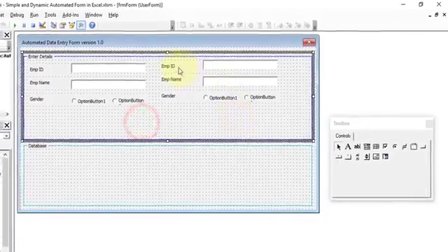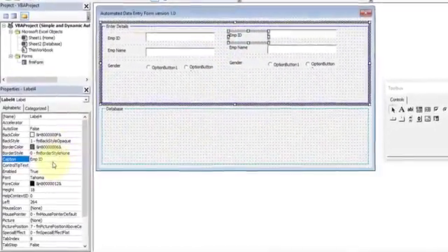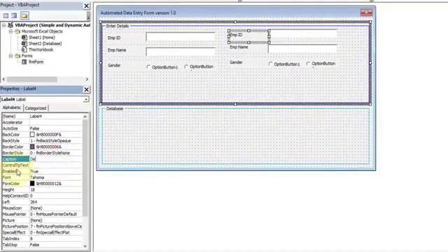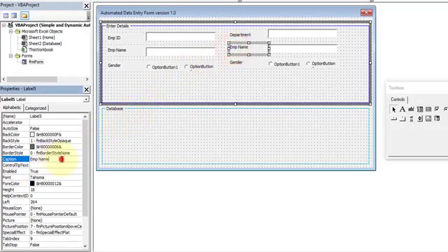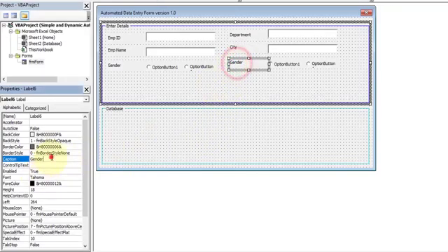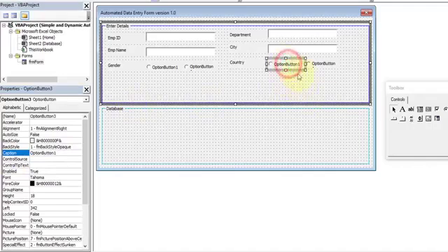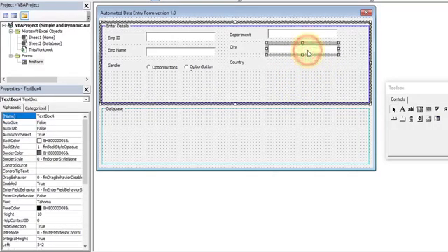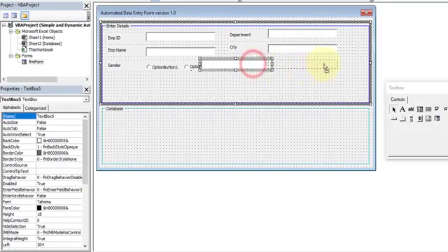Now give the labels as department, city, and country. Remove the option button, because we need to utilize the text box control. Copy this text box, paste it over here, and keep it over here.